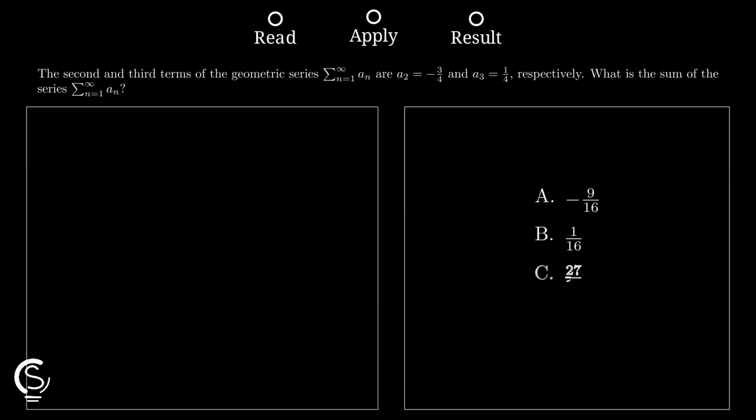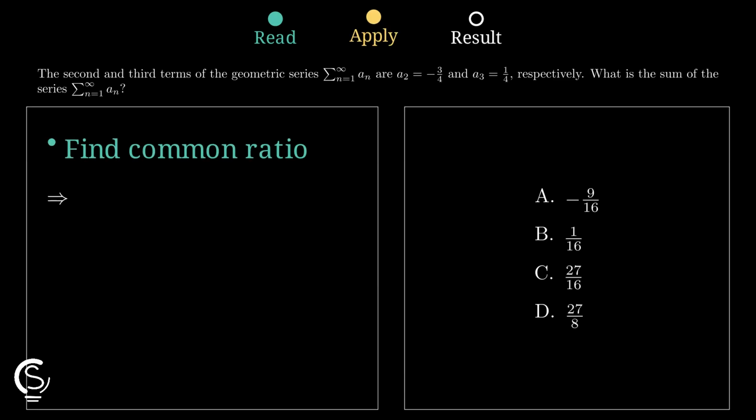Start with the common ratio, because in a geometric sequence, each term is multiplied by the same number. So R equals A3 over A2, which is 1/4 over -3/4. That ratio simplifies to -1/3, and now use A2 equals A1 times R, so -3/4 equals A1 times -1/3, giving